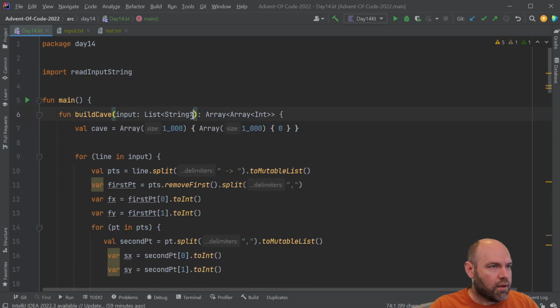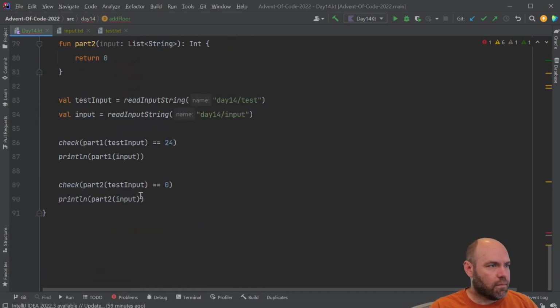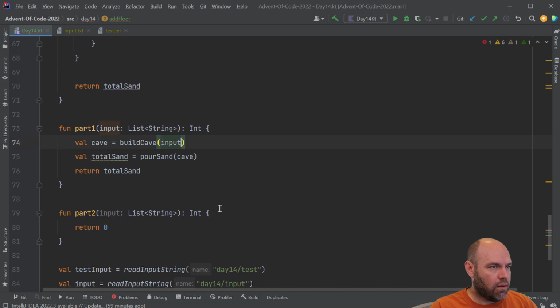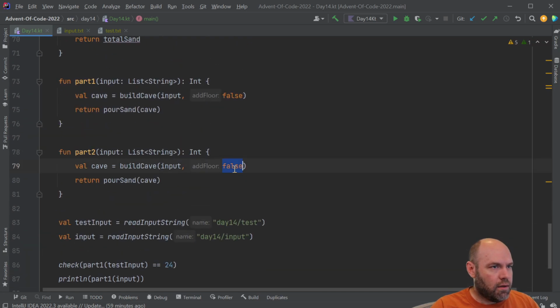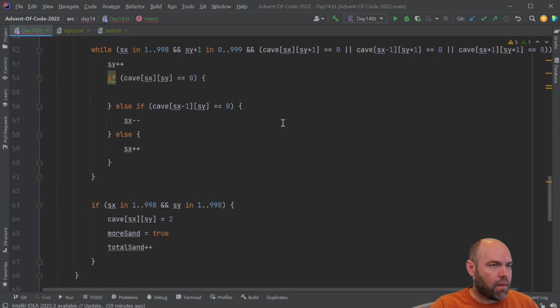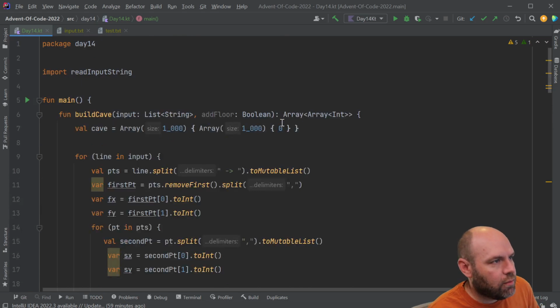Let's just add a boolean here. Add floor boolean. And then false. And then this is going to be 93. And then we're going to add floor true. And then, so